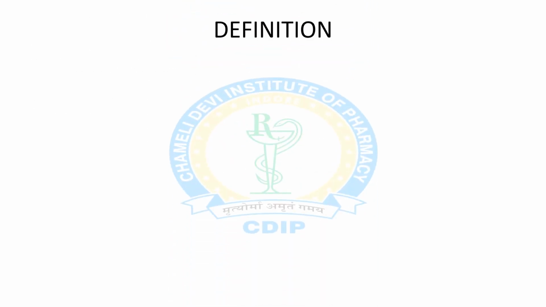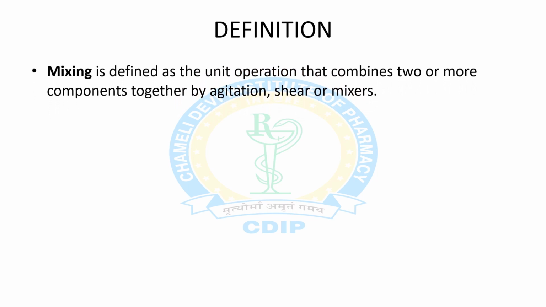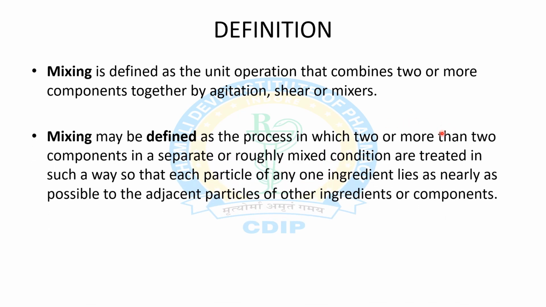Now let's see the definition. Mixing is defined as the unit operation that combines two or more components together by agitation, shear or mixers. So when two or more components are mixed together, the final product of the mixture contains uniform distribution of both components. And mixing may also be defined as the process in which two or more than two components in